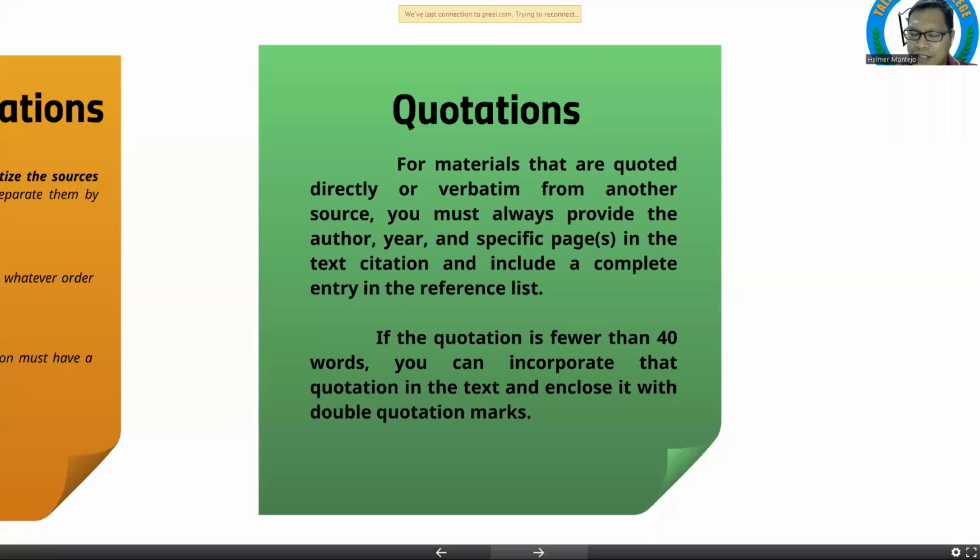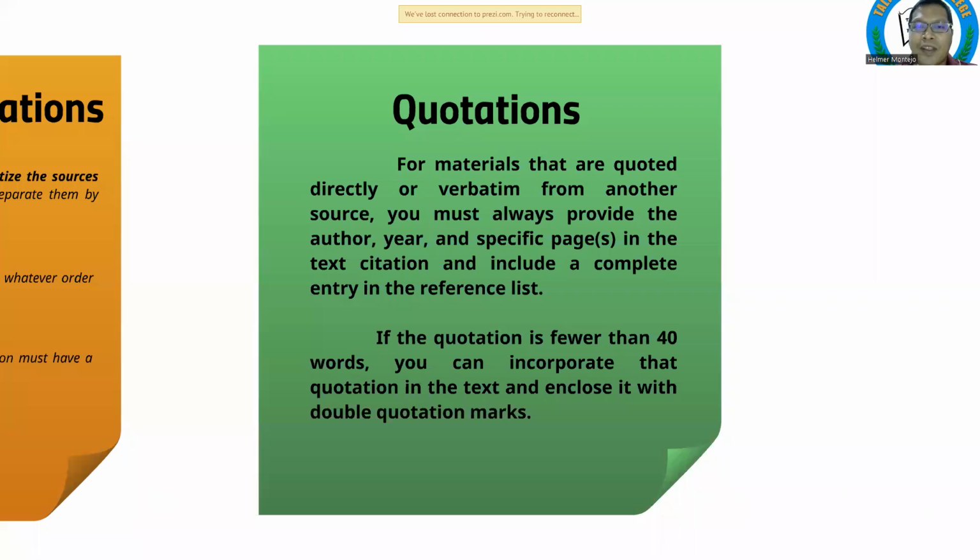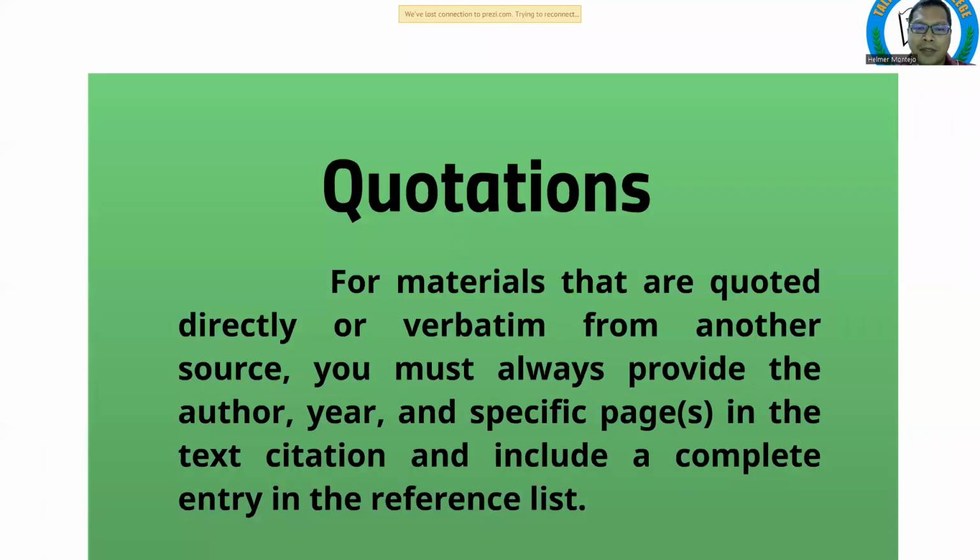So for quotations, there is another rule. For materials that are quoted directly or verbatim from another source, you must always provide the author, year, and specific pages in the text citation and include a complete entry in the reference list. If the quotation is fewer than 40 words, again, if it is fewer than 40 words, you can incorporate that quotation in the text and enclose it with double quotation marks. For example,